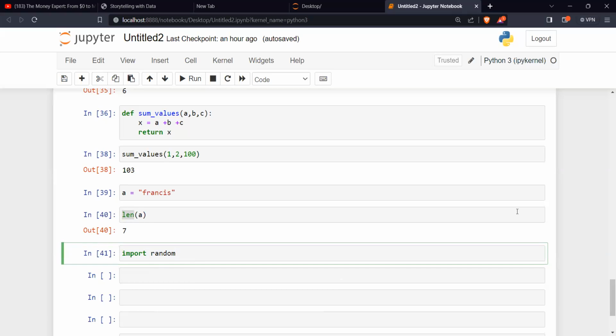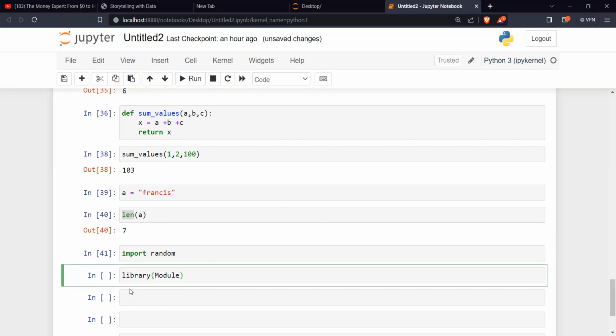So in order for us to do that, we have to import those libraries, right? And sometimes that library, they also call it a module. It's just a collection of